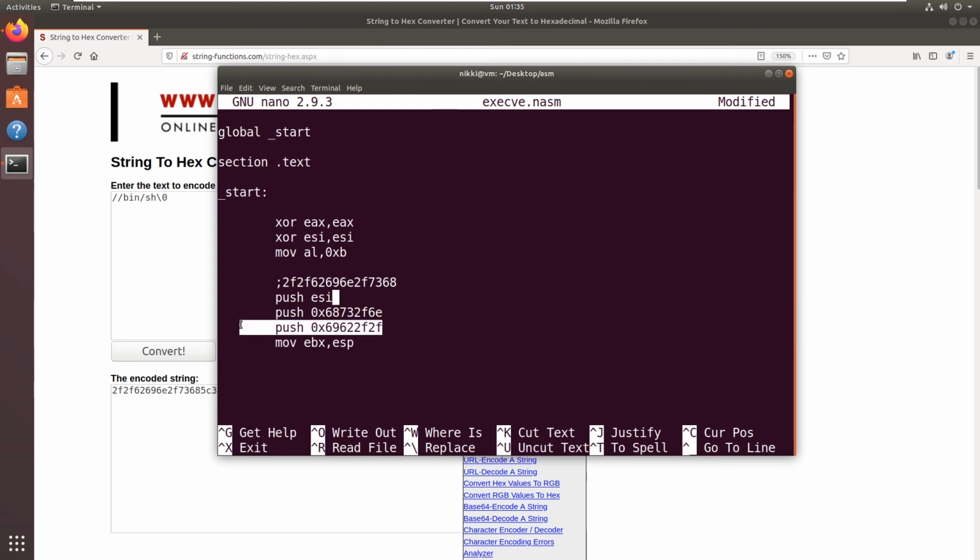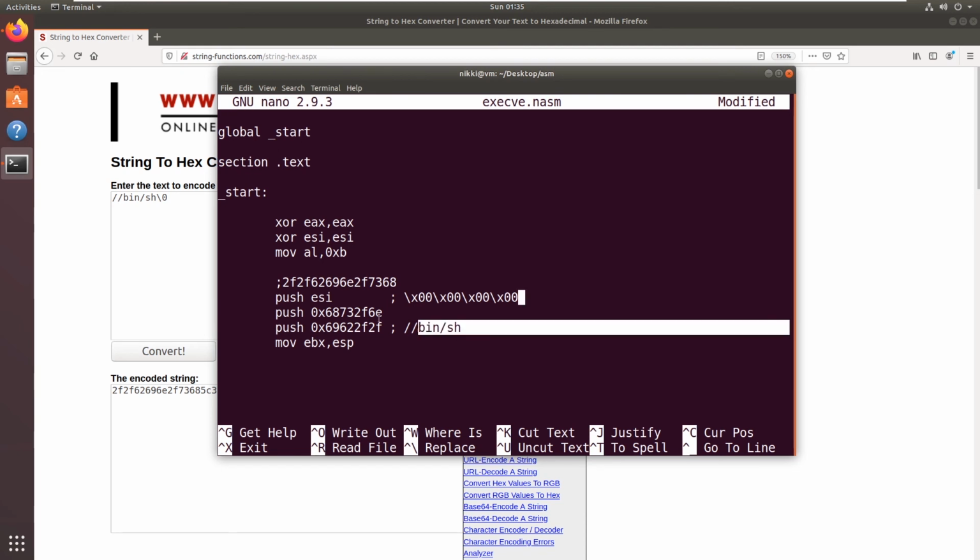So this string will get terminated here. I hope you have understood. I will write comments for more understanding. So this is the string, and it also contains the string terminator \0.